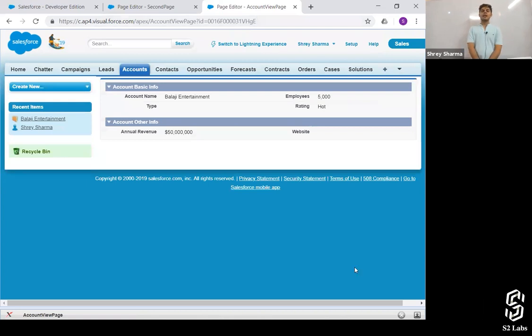So this is passing parameters to a Visualforce page, right? This is how you pass parameters to a Visualforce page. Is it clear? Currently, I've passed only ID, and this ID is getting to that standard controller that we've got named account, and it is automatically fetching the record or the field values that are associated with this particular account record. Is it clear?